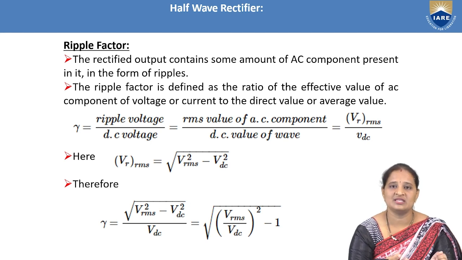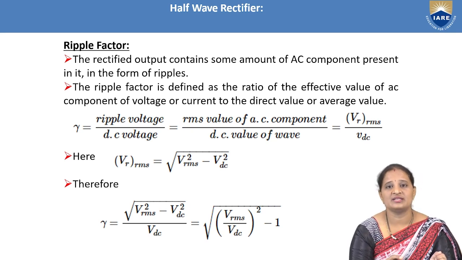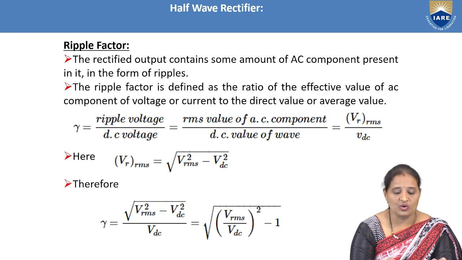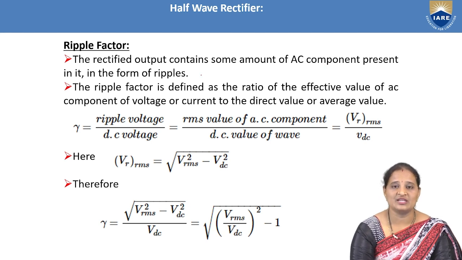So the AC components are to be removed, and hence they are said to be unwanted. These unwanted AC components are also called ripples. So a rectifier output contains some amount of AC components, which are also called ripples. So the ripple factor is mainly used to find out the amount of ripples present in the DC output voltage